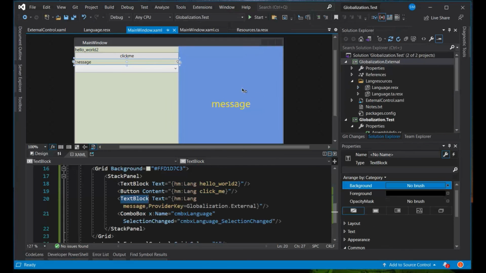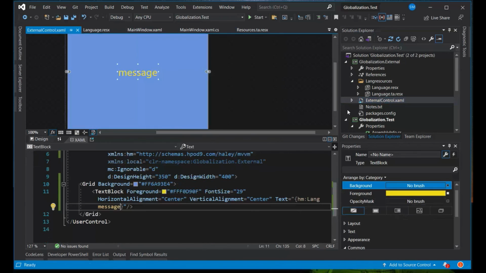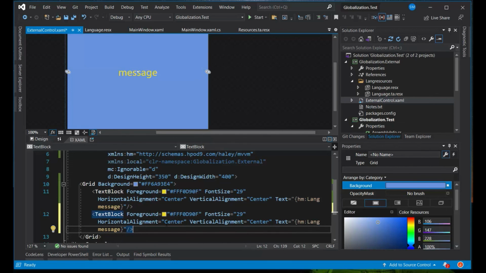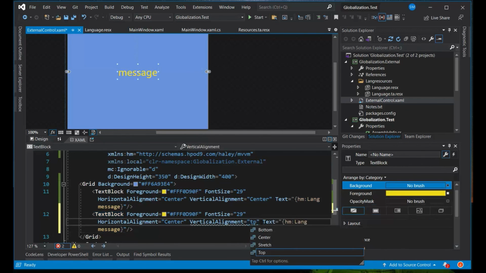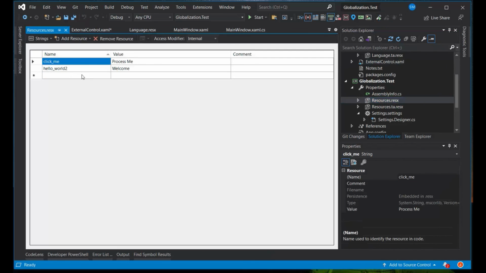So this way you can easily put your resources in a separate project or a DLL file, and you can reference them, like commonly used repeated words, or you can even use it something like this. That's totally up to you. Now I'm going to show something. In the external class, I'm going to add one more text block, and I will say this one vertical alignment is top. It goes to the top, and size is going to be 12, or maybe 15. It's very small, and I'm going to call hello world 2